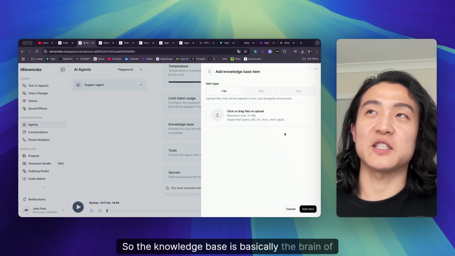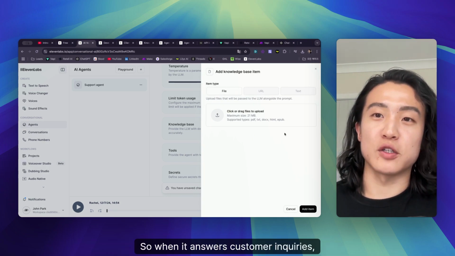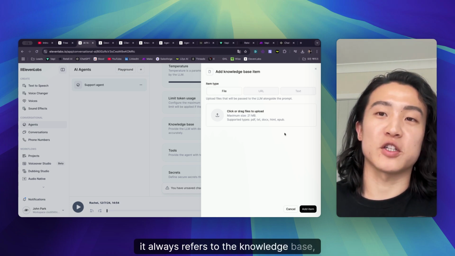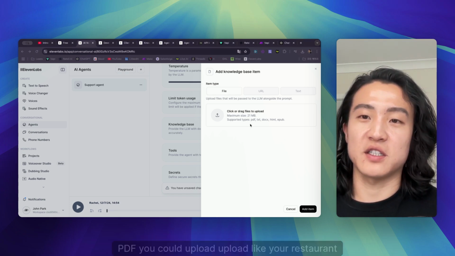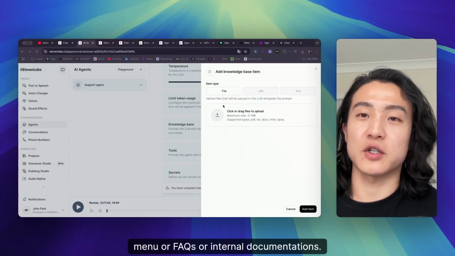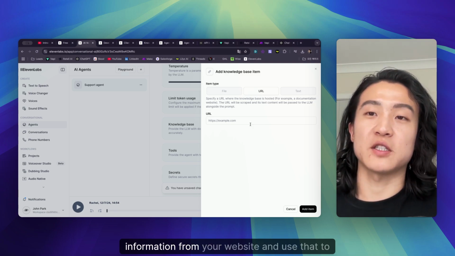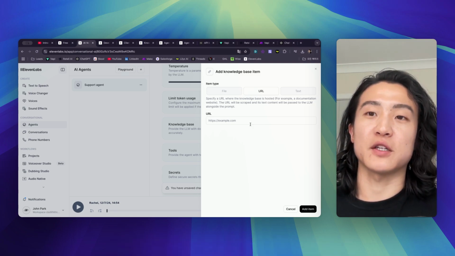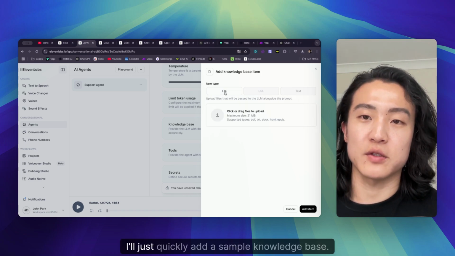So the knowledge base is basically the brain of your voice agent. So when it answers customer inquiries, it always refers to the knowledge base that you provide. So this is where you provide the files such as a PDF. You could upload like your restaurant menu or FAQs or internal documentations. Or you could enter your website URL to scrape the information from your website and use that to answer customer inquiries. Or you can type it out yourself, but for the purpose of this video, I'll just quickly add a